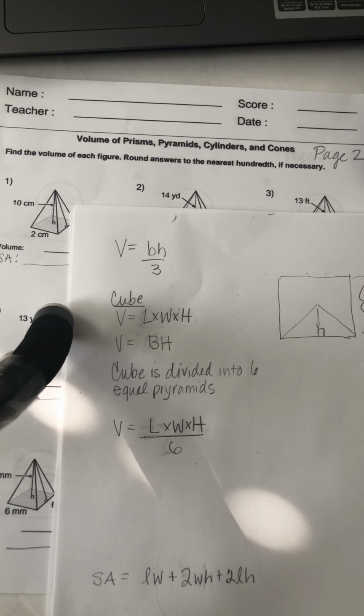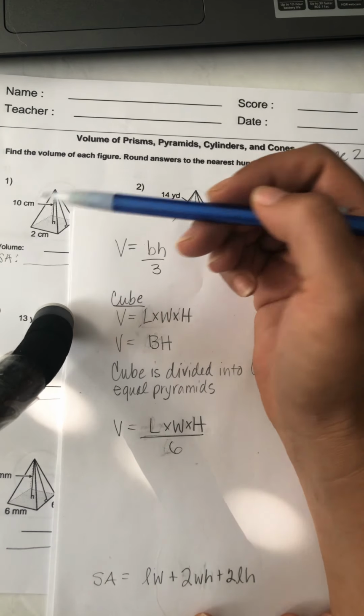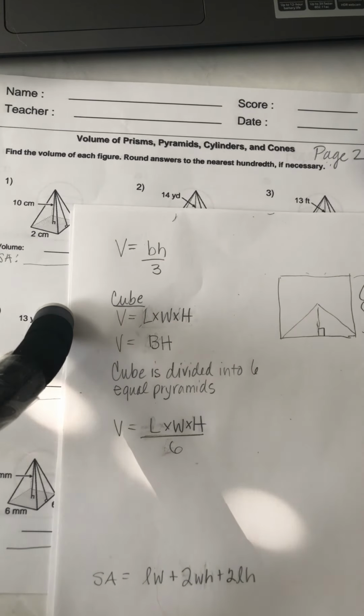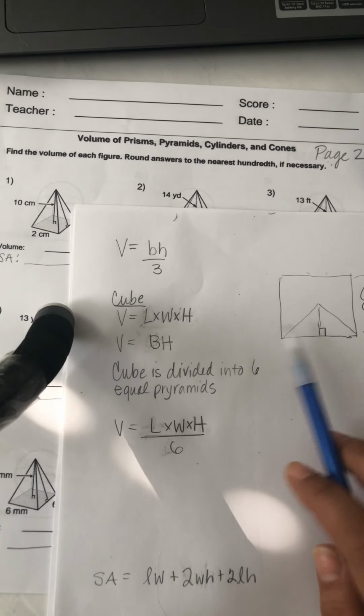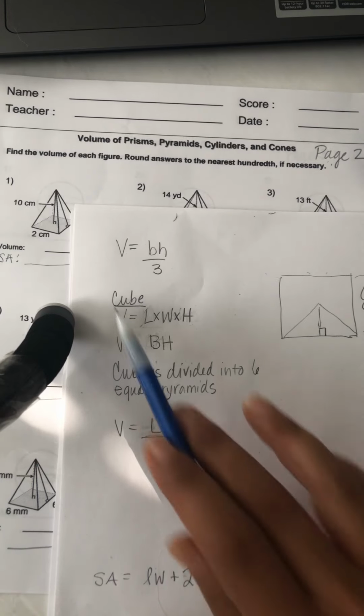Okay, Aubrey, this is volume of a pyramid. On the sheet that you have for page 2, it also says surface area, but we'll talk about surface area later. What I want you to discover today is the formula for finding the volume of a pyramid. You can use this formula for any type of pyramid, but today we're going to focus on square-based and rectangular-based pyramids. So the formula is volume